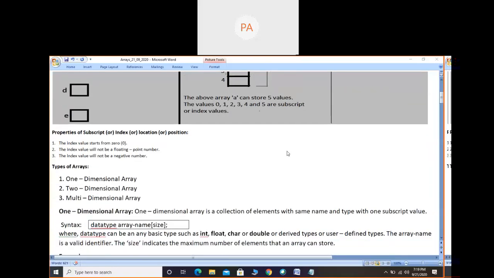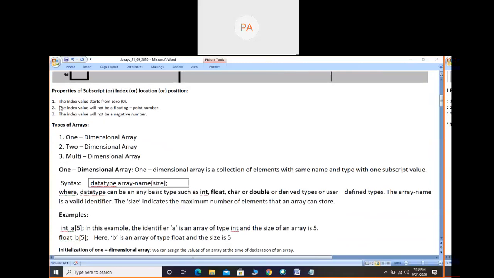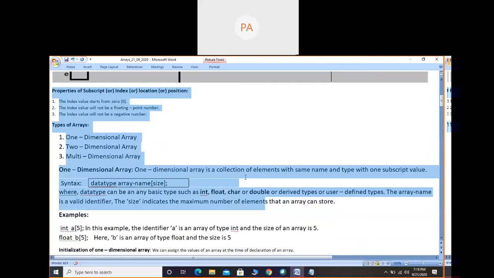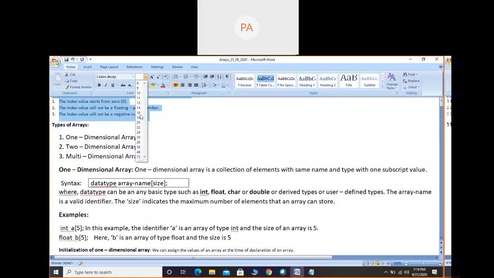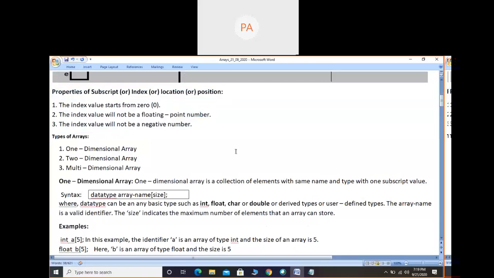Okay, next page. Just a minute, I will maximize this. Okay, take the screenshot of this. Once you're done, just put a message.